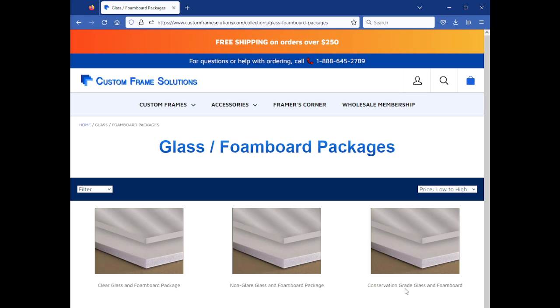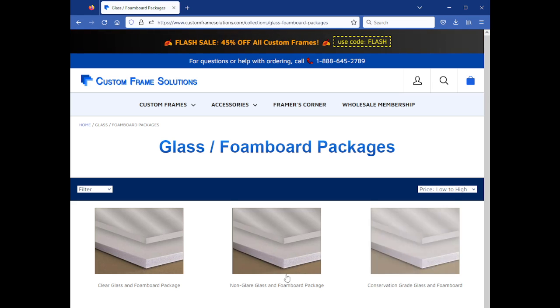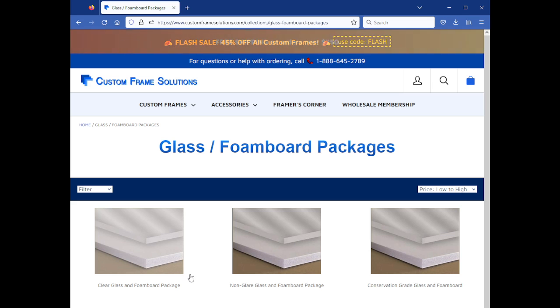Conservation grade is typically for high-valued items. Non-glare diffuses the harshness of glare, but in doing so, you lose some clarity. And clear glass is pretty much the most popular. It's standard grade, but it meets the needs, and unless I'm framing something of very high value, really you can't go wrong with the clear glass and